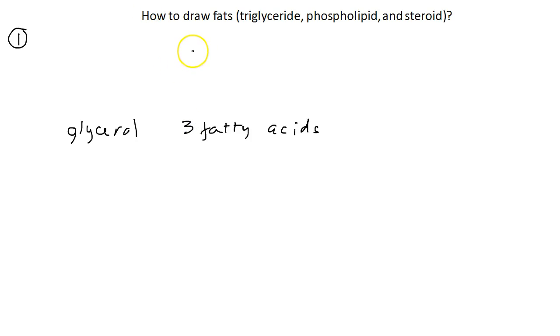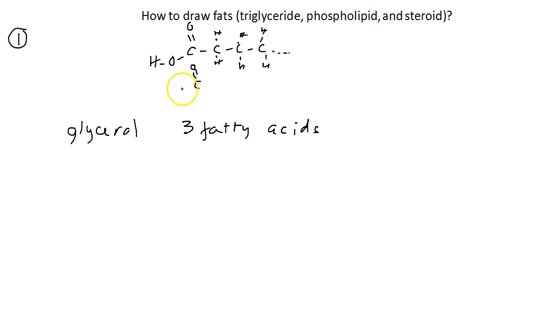This consists of a carboxyl group. The carboxyl group is C double bond O, O, H, and then a long chain of carbon. So like C, C, C, etc. I'm not going to draw all the hydrogen now, and sometimes people would draw a shortcut, and